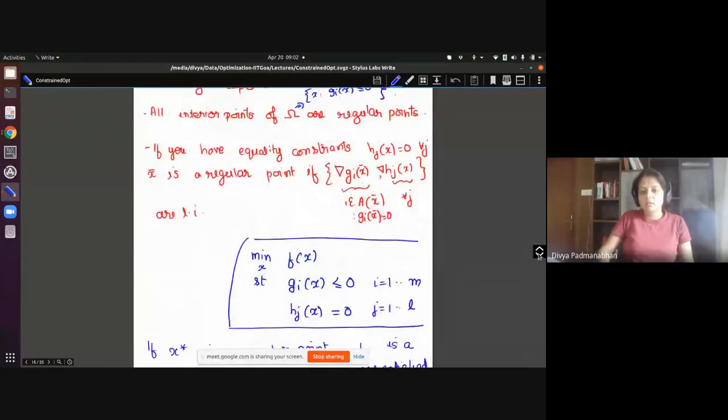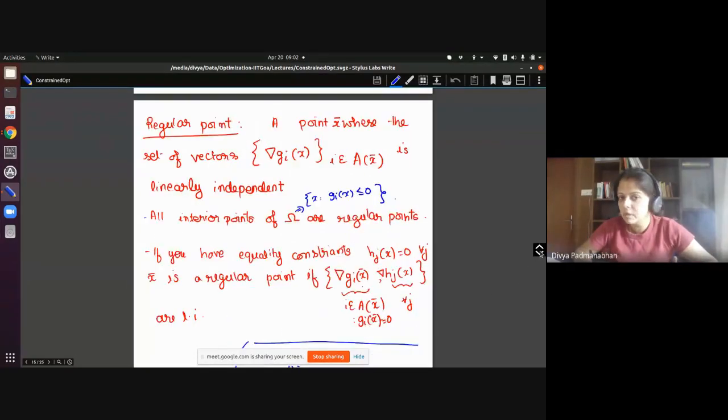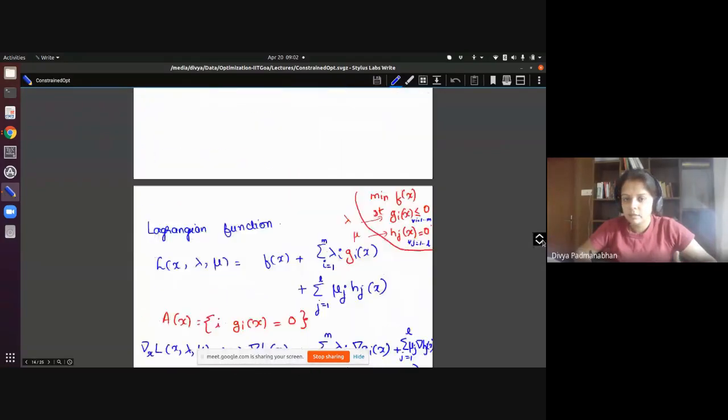Yes, ma'am. Okay. So we were doing constrained optimization in the last week, and just a brief recap. We had a general constrained optimization problem. We took it in this form, where you minimize a function subject to some inequalities and some equalities. And we developed why we need the Lagrangian function, which is defined in this manner, where